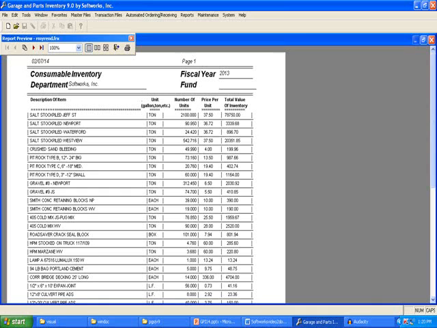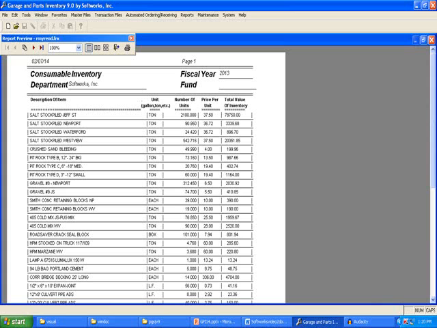A toolbar will be displayed that will allow you to go to the top or the bottom or the next or the previous page. You may also choose to display 1, 2, or 4 pages at a time. Select a larger or smaller percentage to increase or decrease the size of the print. You may also choose to send the report to the printer by clicking the picture of the printer. If you do not see the toolbar on your screen report, right mouse click to display a pop-up menu and